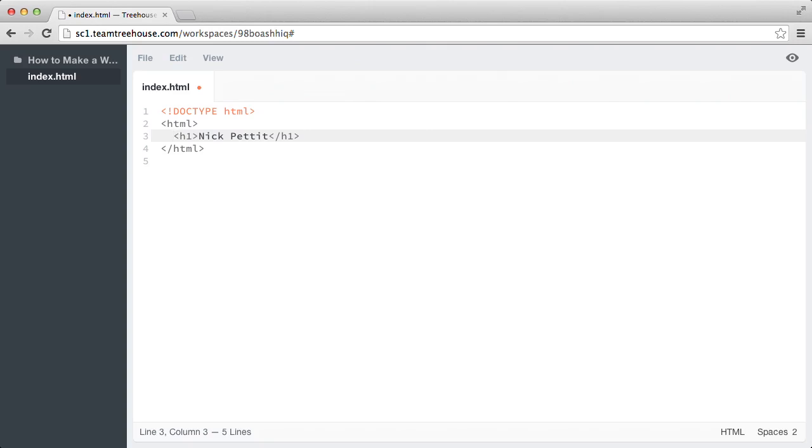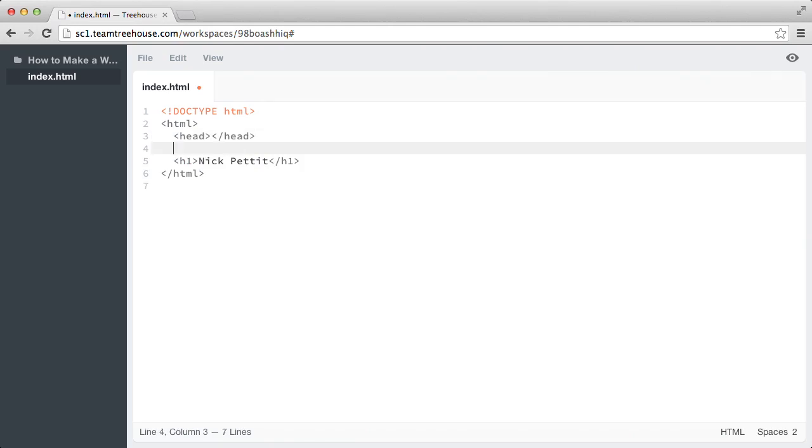Now we're ready to add two more elements to our page, which are the head element and the body element. Both of these need to go inside of our HTML element. I'm going to type head, and I'm just going to leave that right above our H1. Going to go to the end of the line and create a new line, and then I'm going to type